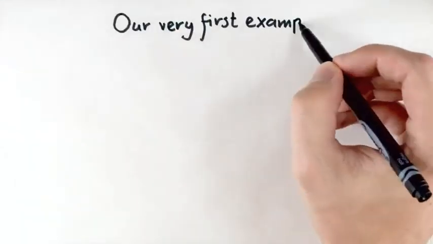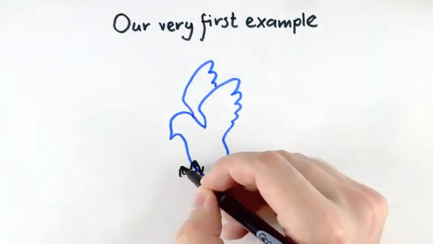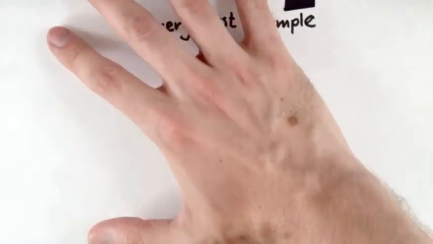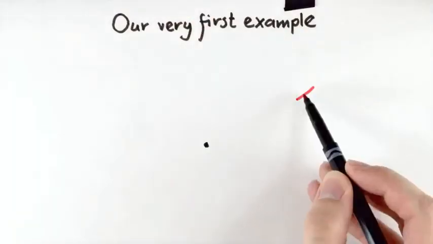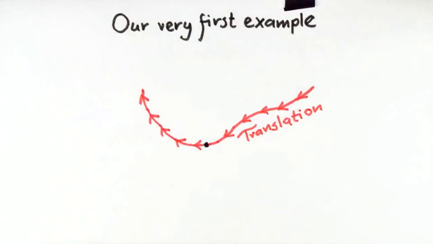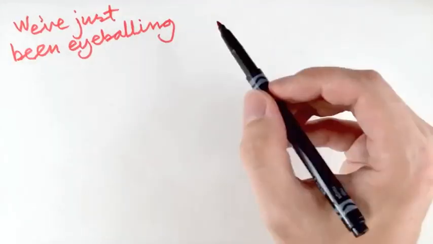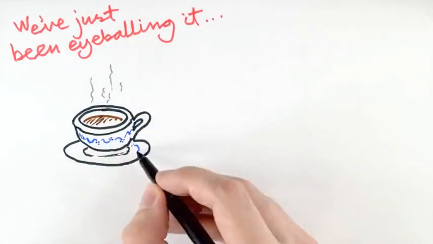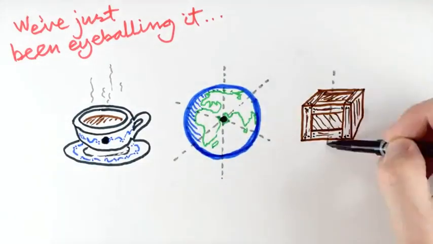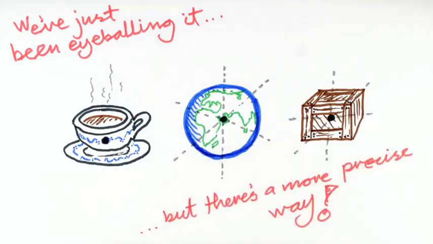Early on in the course, when we first started to examine the motion of real-world objects, we made the simplifying assumption that we would focus on a part of the total motion, the translational motion, which meant that we focused on the average position of the object, which we called the center of mass. Up until now, we have identified the center of mass by eye, often by using symmetry. We'll still do that. However, we'll now discuss a more precise way to find the center of mass of a